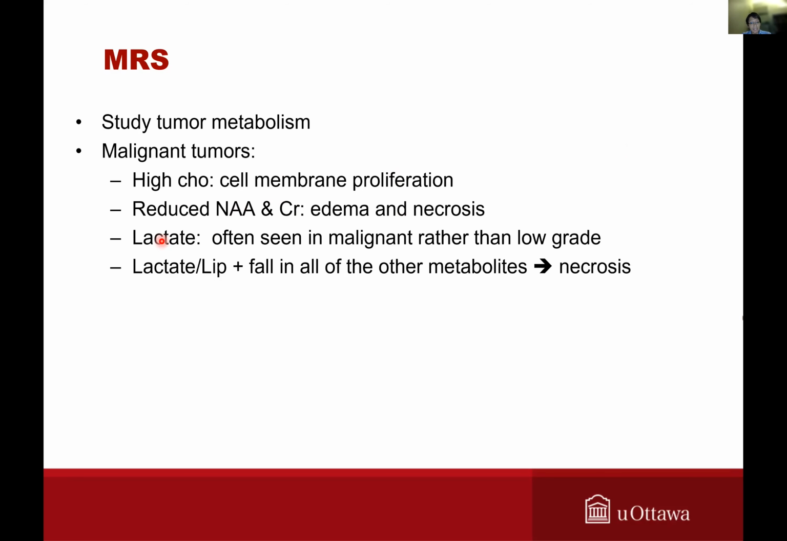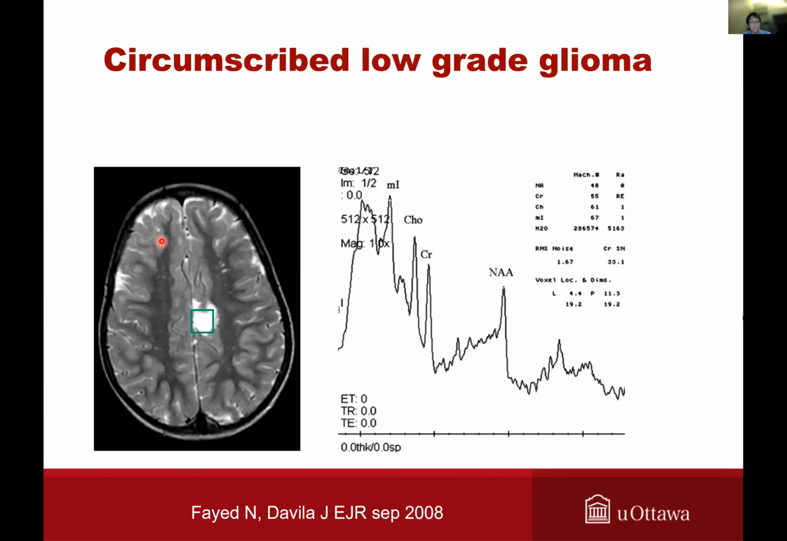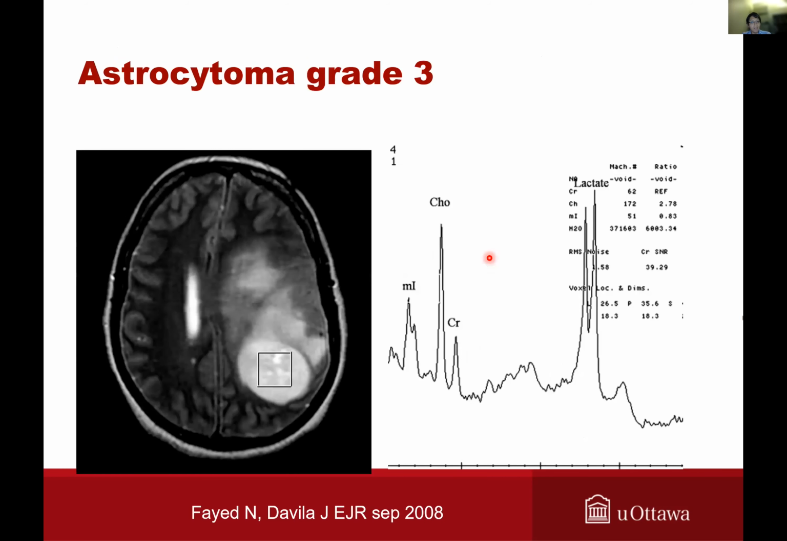So this is the classic presentation for malignant tumors. And this is an example of a low-grade tumor where you have some choline and creatinine that is not so high. It's a little bit more noisy, and you have a preserved NAA. While here you have an astrocytoma grade 3 with high peaks of choline, and you have lactate as well, and